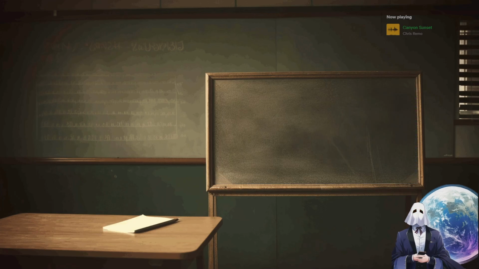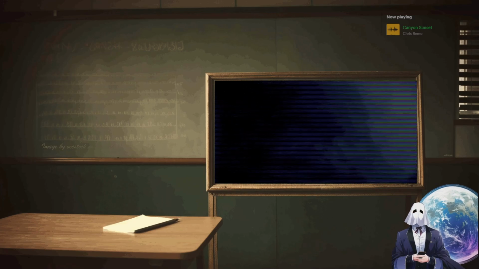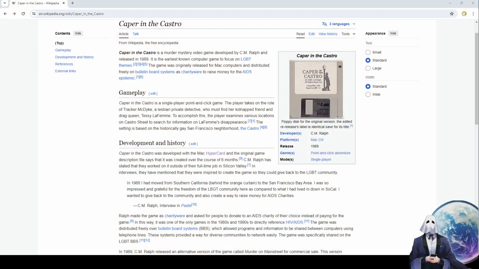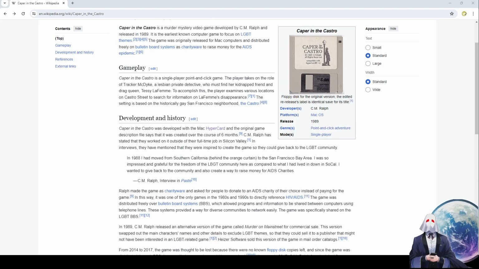So here, let me see if I can. Here's the Wikipedia page I was looking at. So there's the floppy disk. I'm surprised that it was on a 3.5. I was expecting it to be on a 5 1/4. Because that means that they actually had up to 1.44 megs to work with. They only used about 800 900K. So I was saying earlier, roughly 30 seconds of moderately encoded MP3.